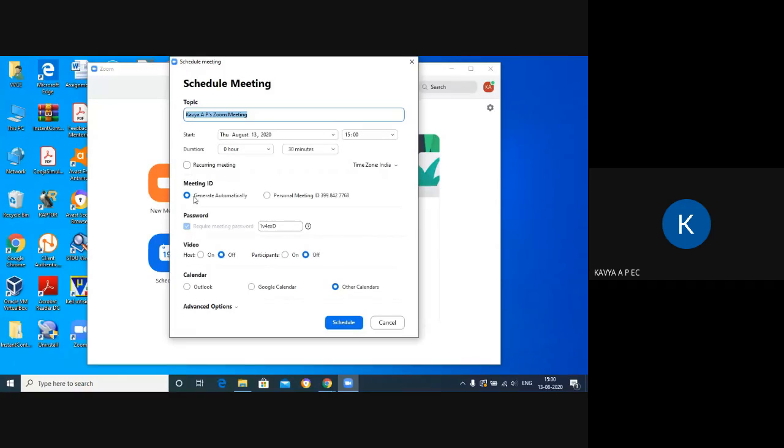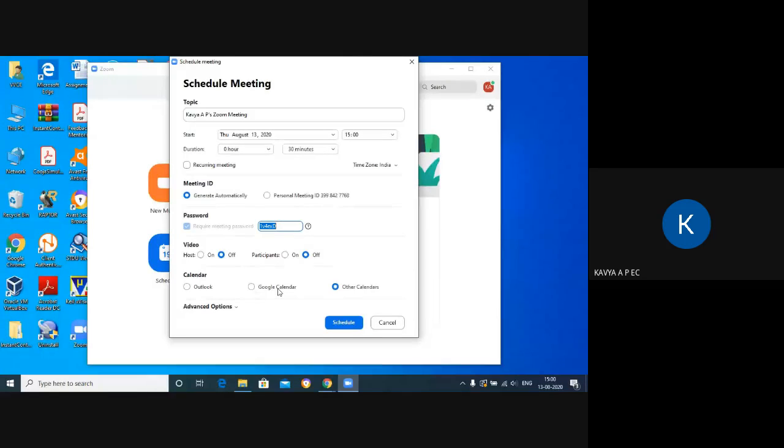Then the meeting ID generates automatically, or you can use your personal meeting ID, which is given by Zoom, and it will also give you the password. Other options are provided over here for video: whether you want the host and participants to turn their video off or not. You can integrate this with Google Calendar or Outlook.